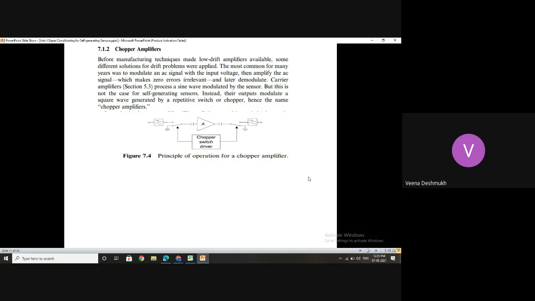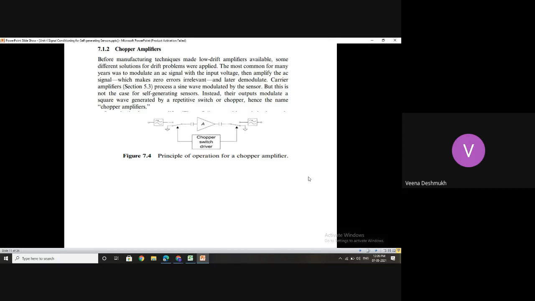Nowadays, you get low drift amplifiers or zero offset amplifiers because internally the auto zero adjustment is continuously on, with the help of signals which are known as standard signals, or even other than the standard signals, with the help of the regular DC power pack only. Once they are used in the circuit, this auto calibration or auto zero adjustment is done internally. When those circuits were not readily available in IC form, these chopper circuits were used.